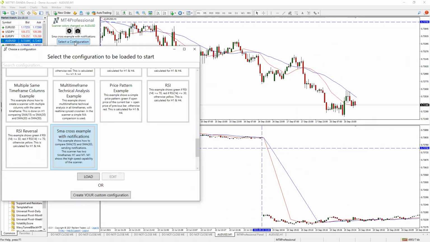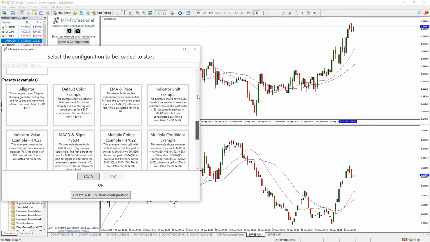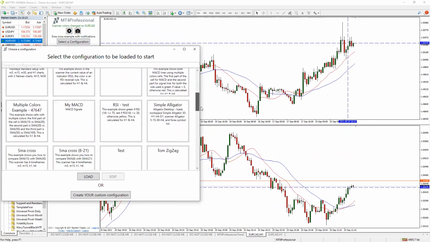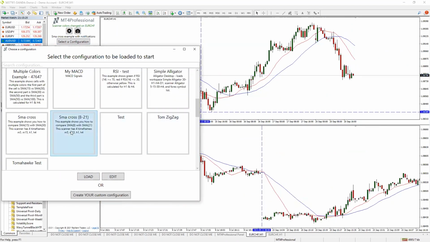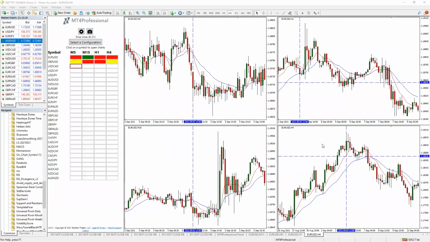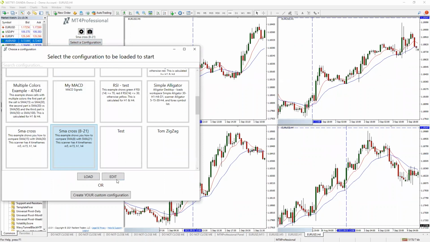The configurations panel allows you to go through and edit that. So let me roll up to my editable ones and show you this setup. So I have a SMA cross right here that I will load. I have 4 different windows now, and I have 4 different time frames on my scanner. So if I were to pull up my configuration panel and edit this particular configuration,